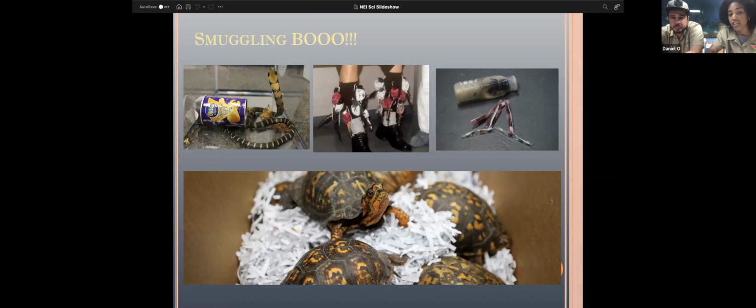As in many circumstances like that, it happens a lot with the animals. And unfortunately, because of the conditions that these animals are brought in, they do not always make it. This middle picture right here is actually a case that we were involved with, where the birds came to our facility. These are birds that were tied in little bags and attached to the person's socks underneath their pants,